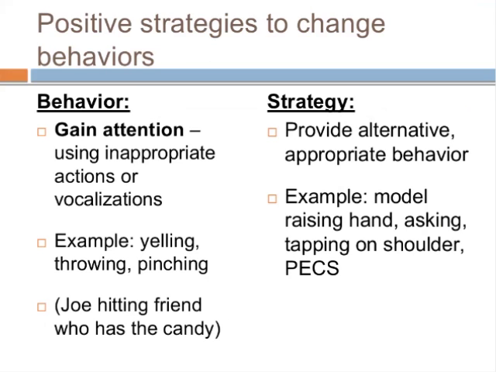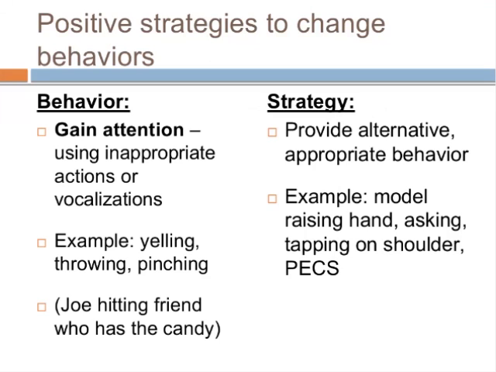So let's talk about the 3 reasons behind the challenging behaviors. The first one, gaining attention. And kids do that by using inappropriate actions or vocalizations. Example, yelling, throwing, pinching. Example from the ABC chart, Joe hitting his friend who had the candy. What do you need to do? You should provide an